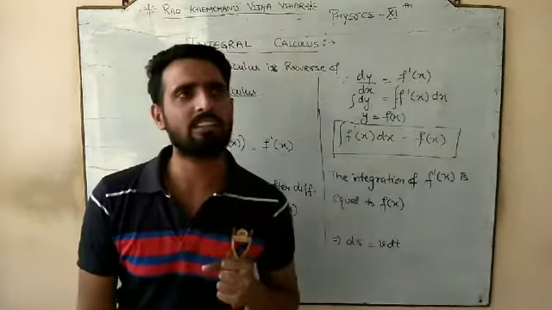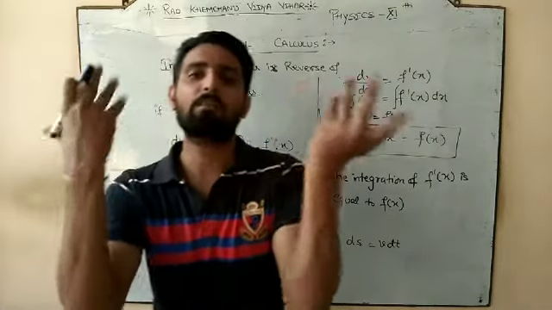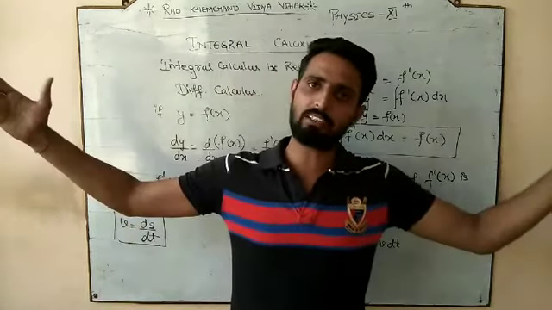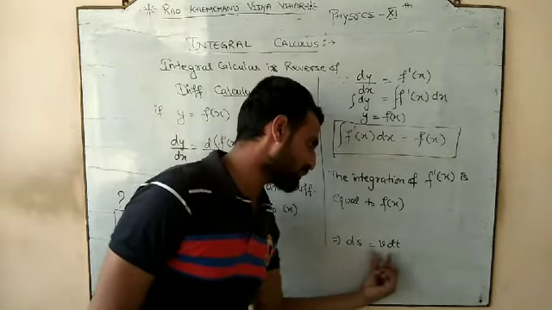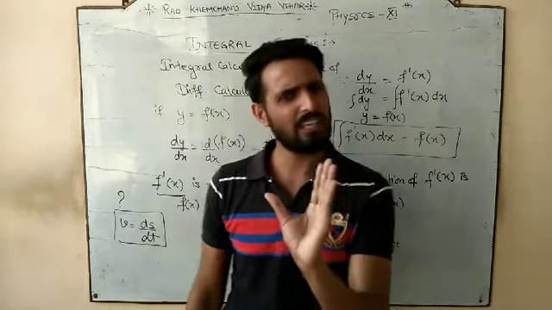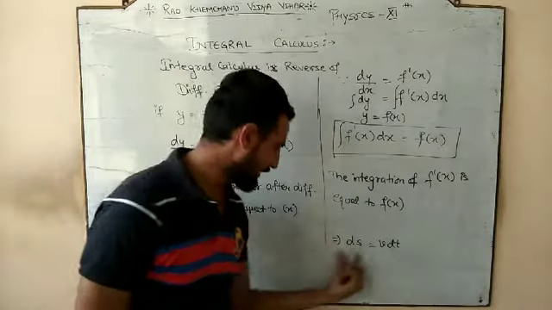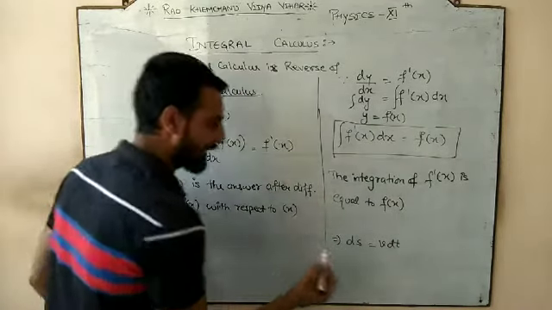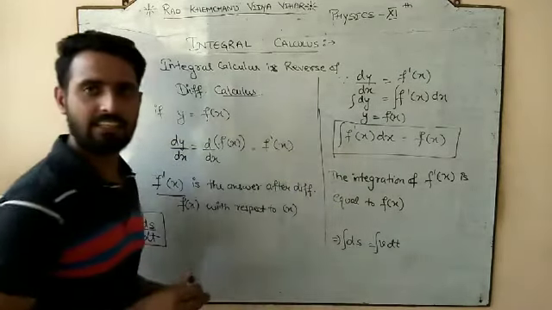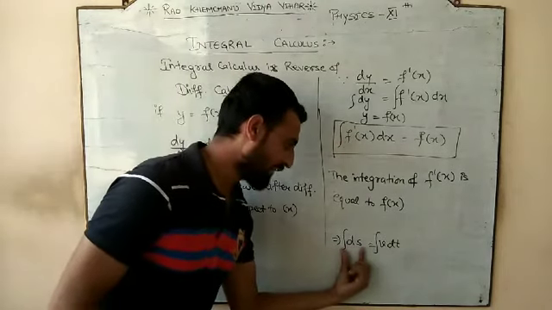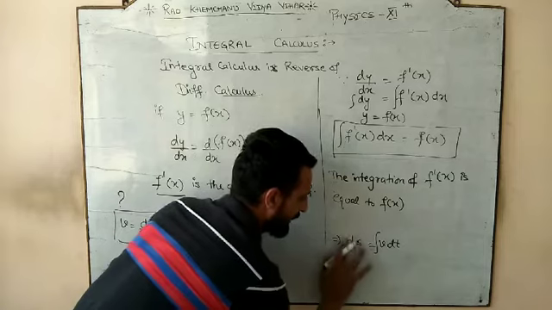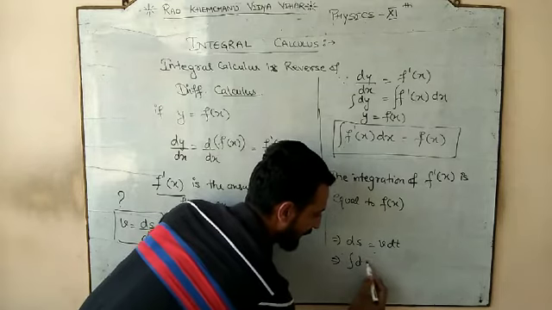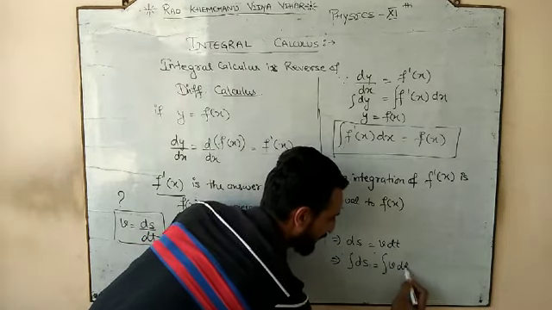But if I want to calculate how much my body will cover the distance in 30 minutes. So if I want to calculate the total distance covered by the body in 30 minutes, but I know how much displacement is covered by the body in 1 second. मुझे ये मालूम है मेरी body ने small time में कितना चला, but अब मुझे 30 मिनट का total distance चाहिए. So for that, what is the method? We use the integration technique, that we will find out. So this symbol: initially it was written as ds is equal to v dt, but after integrating it can be written as ds is equal to integration of v dt.